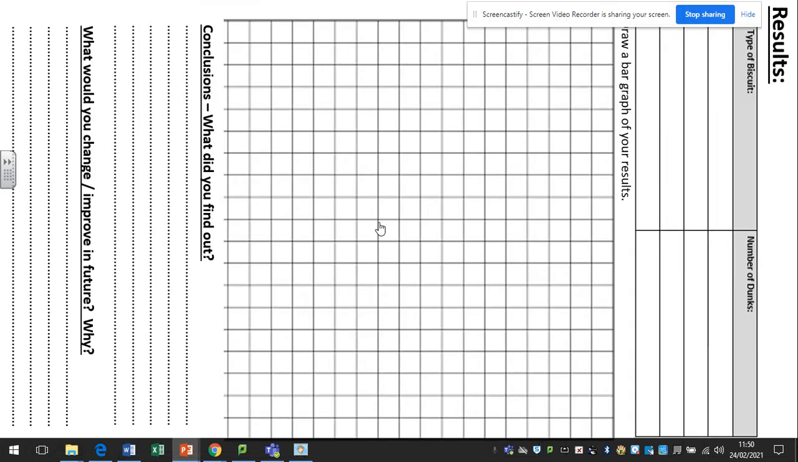Now, this next sheet here is once you've conducted your experiment safely, under guidance, hopefully, of an adult, you write down in your results sheet the type of biscuit, and then you write down the number of dunks it took before it collapsed. Then what I'd like you to have a go at is drawing a bar graph to show your results, okay? So up the axis here,